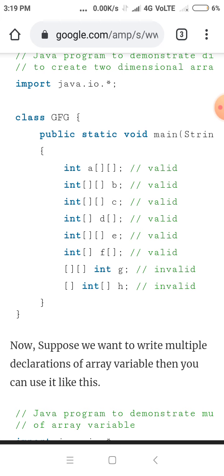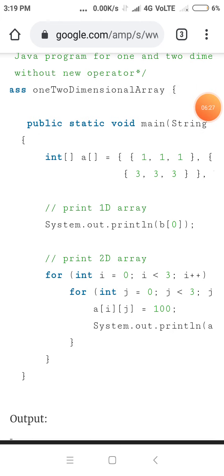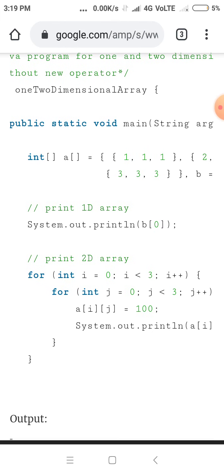And if first bracket, then data type, second bracket, then name of the array, that is also an invalid declaration of two-dimensional arrays.